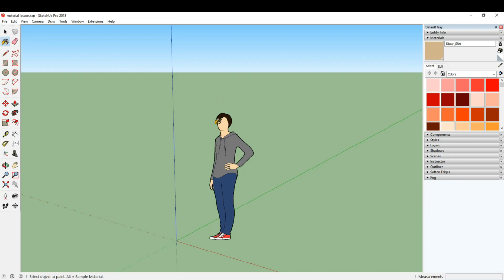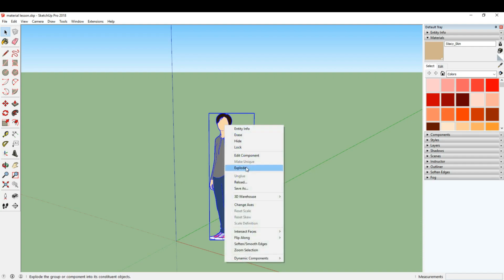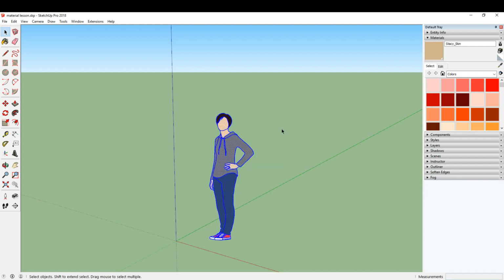So I'm going to do something here before I get into this. I'm going to use my select tool. I'm going to click on my component here and I'm going to explode it. The way I'm going to do that is I'm going to right click and go to explode, and now it is no longer in that group setting, or it's no longer a component, it's just, you know, lines and